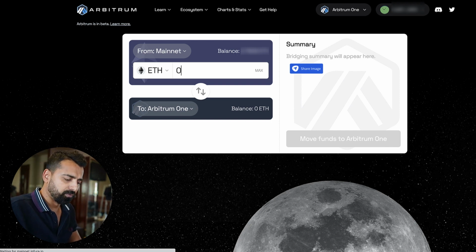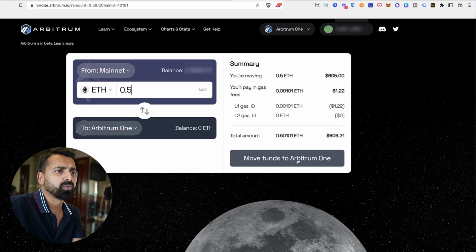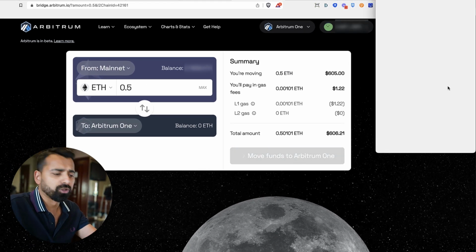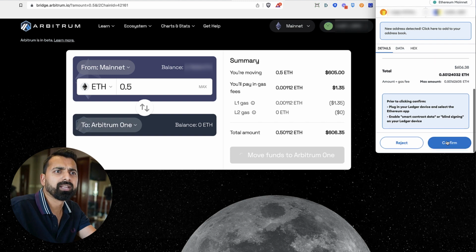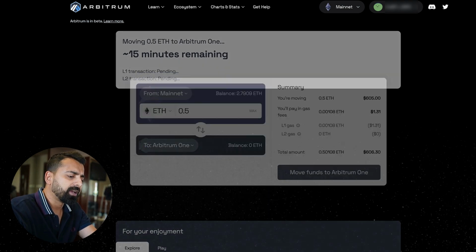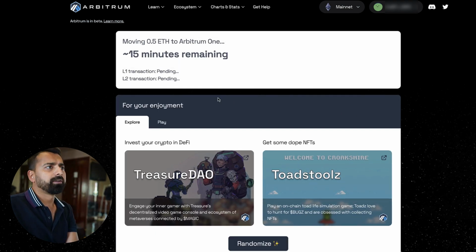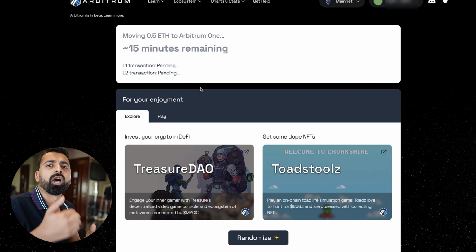We'll move half an Ethereum, and as you can see, when we are moving it, there is a gas fee of about $1.22. So let's move the fund, let's allow this transaction, let's look at all the details. The estimated gas fee is this, this is what's going to happen, and then click on confirm. So let's allow this transaction, and it will take about 15 minutes, and then I'll have Ethereum on the Arbitrum